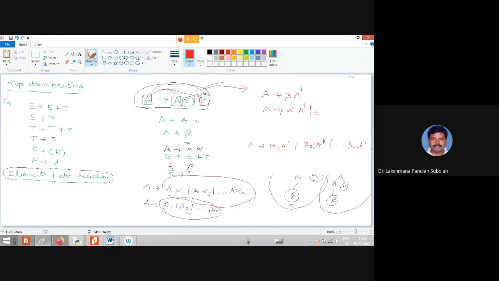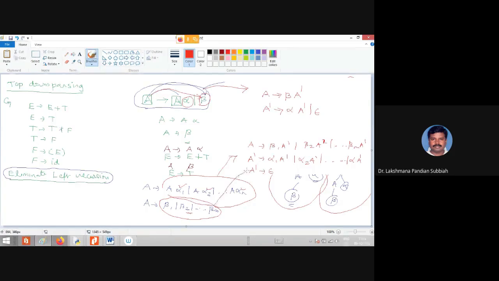Then A dash derives alpha 1, alpha 2, up to alpha n. So here alpha 1 A dash, alpha 2 A dash, alpha 3 A dash, up to alpha n A dash. Then at the end you put one more A dash derives empty. This is the form if you are having more alternatives.